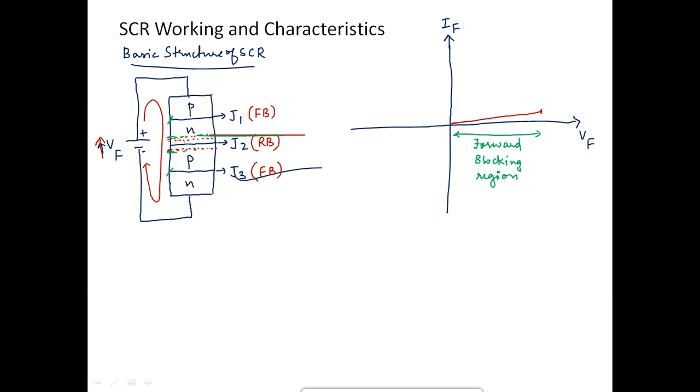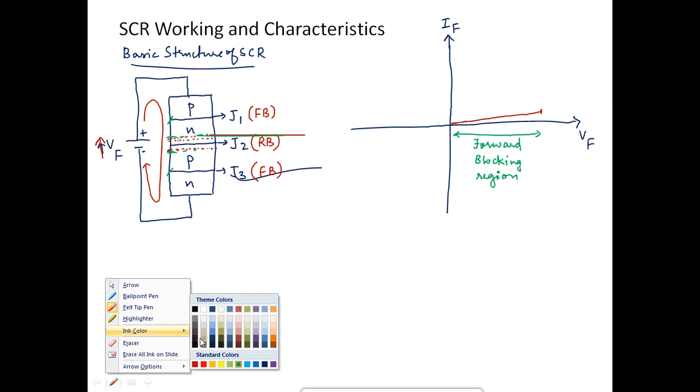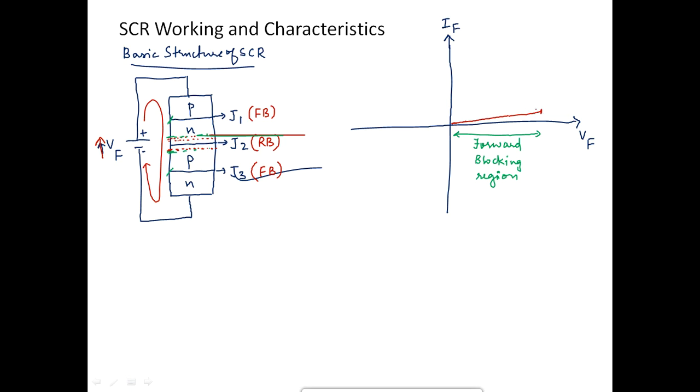creates a problem. Okay, what will happen in a normal reverse biased junction if the reverse voltage just goes on increasing? At some point of time, okay, there is a sudden surge in the current which is called as breakdown current, right? So the same thing happens here also after a certain stage. Okay, so let me just denote it. After a certain voltage which is called as VBR, okay,